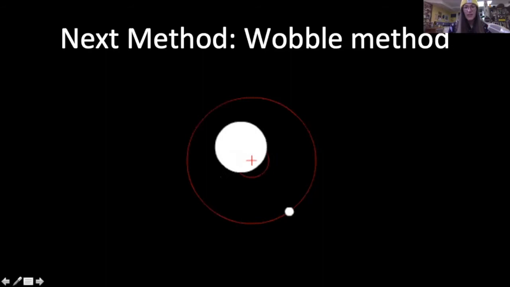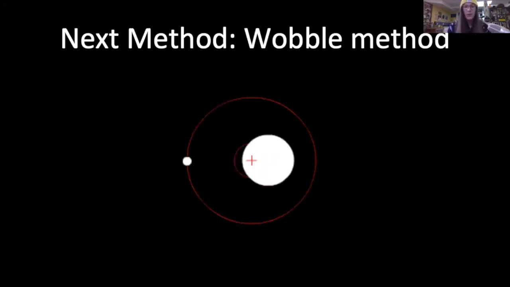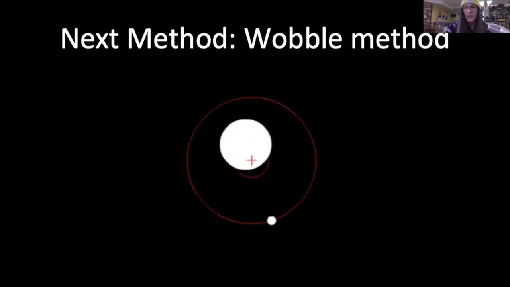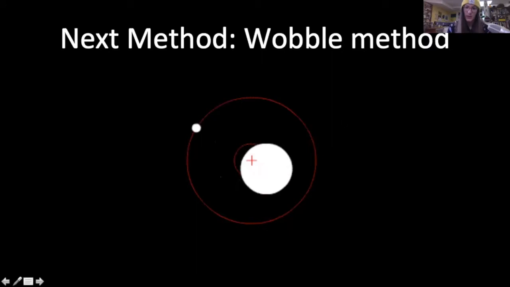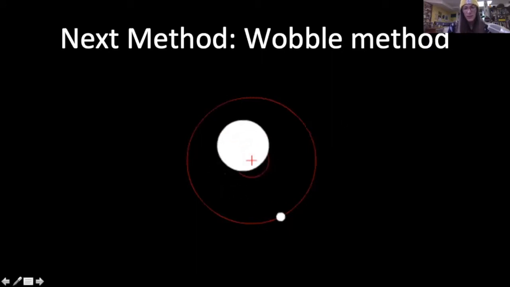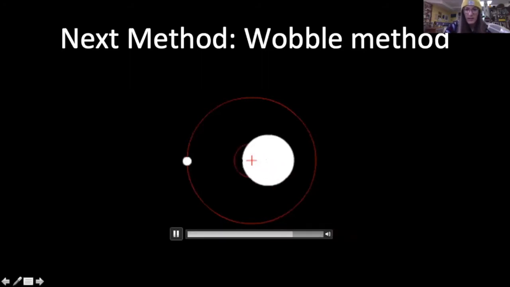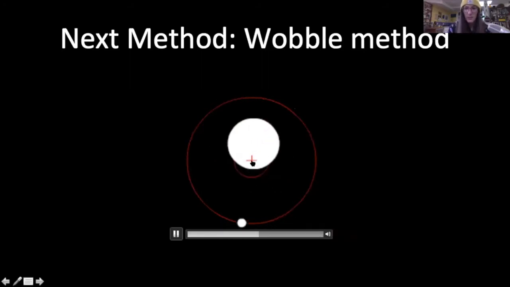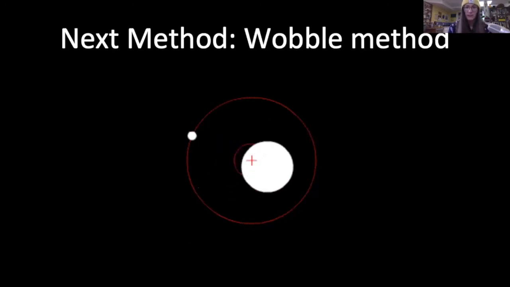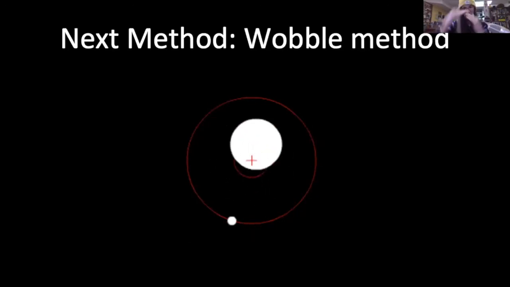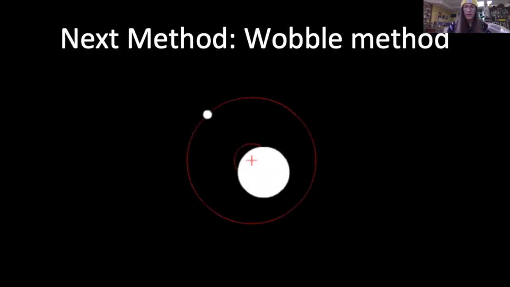So the influence of the bigger star is way stronger, pulling way more in the tug of war on that little planet than the planet is pulling on the star. But the planet still pulls on the star just a little bit, and they actually orbit each other around this center point right here. If you think of a seesaw, that's the teeter. So if you have a bigger star and a smaller planet,